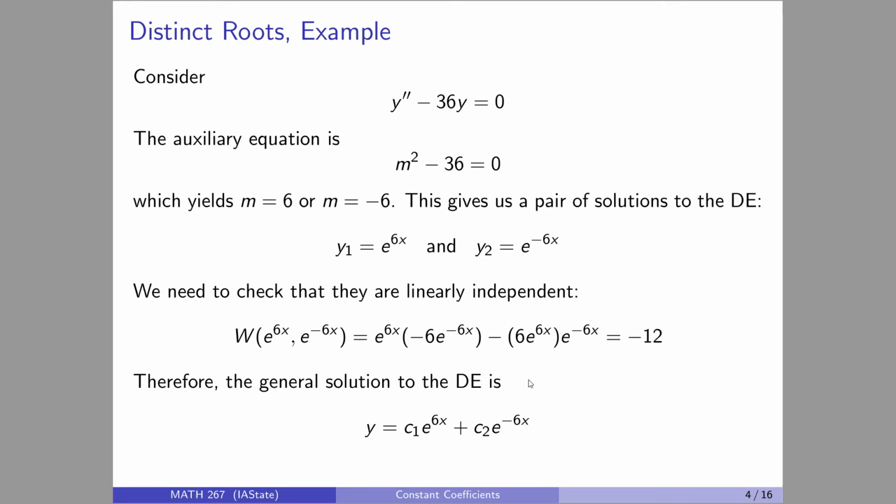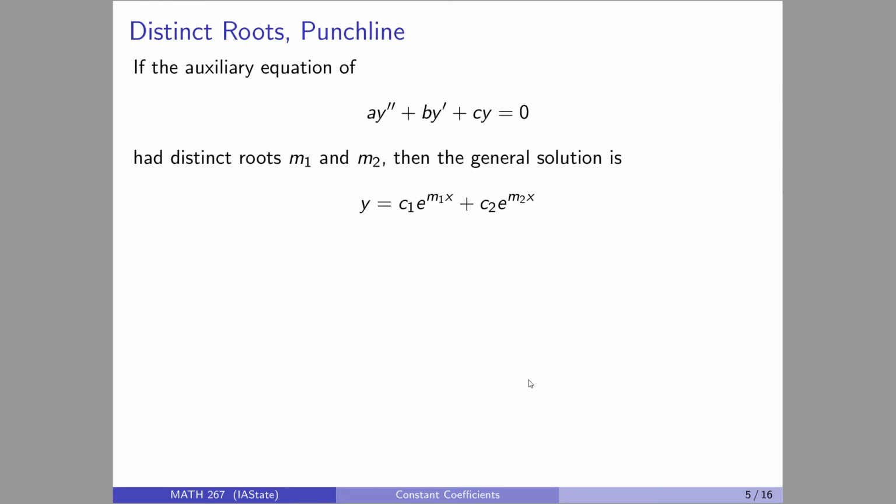Super easy. You didn't have to do anything. And in fact, this always happens. So if you've got distinct roots to your auxiliary equation, then the general solution is just going to be scale and add those two things up. They always will be linearly independent. Right, if the roots are distinct, the Wronskian will always be non-zero. You can verify it. You're going to find that the quantity m1 minus m2 shows up, which is non-zero,